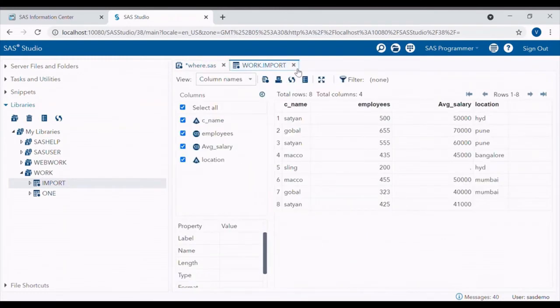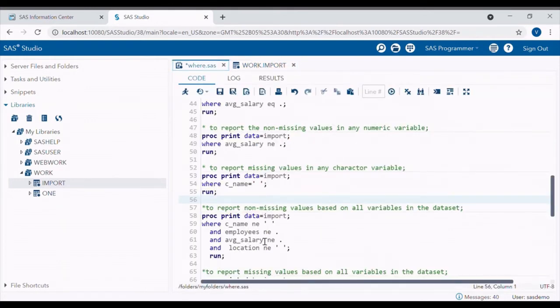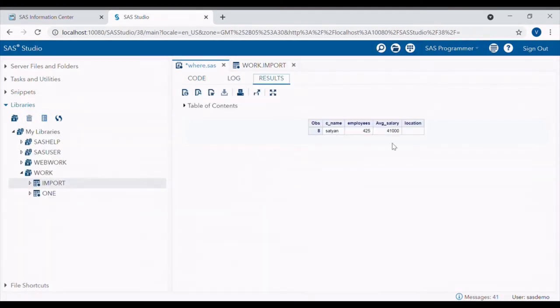But we can see here we have one missing value in location. We will simply change the variable name to location. Like this, we have subsetted the data successfully, which has blank location.